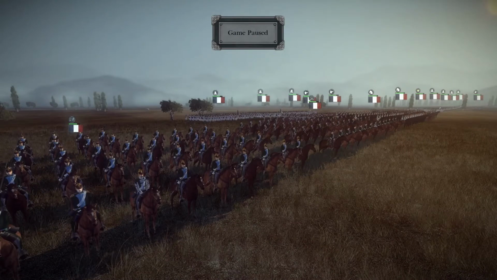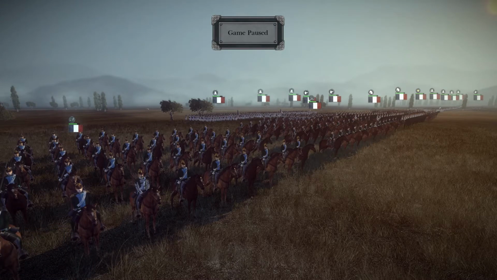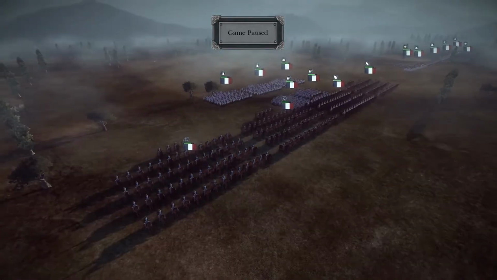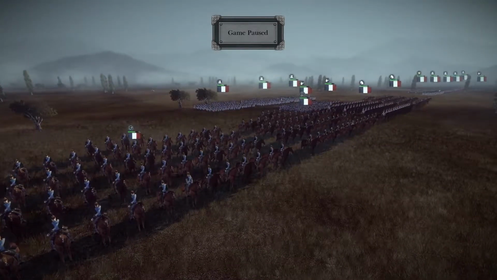The first army on the battlefield today is the Saviors of Sweden, the French, commanded by the Medier of Fayum, and I hope that's how you pronounce your name, man. If it's not, I do apologize, but Medier is the one who sent in the battle replay, and he also has a YouTube channel of his own, so feel free to check it out. Just copy the name from the army comps down in the bottom left corner, and you should be able to